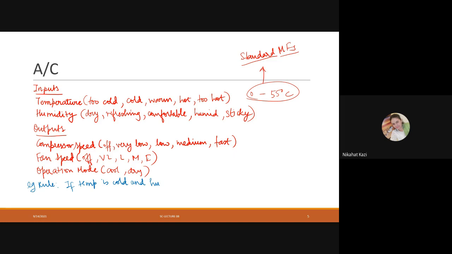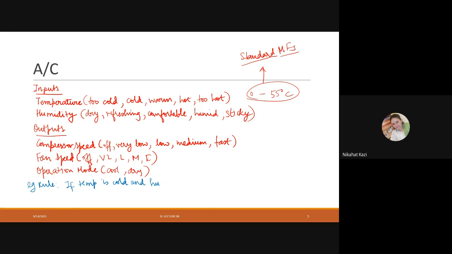What is the difference? If you're using AND, that means you are looking at the combined effect of both inputs. If you're using OR, that means either one: if either this is there or this is there, then I do that. So when I combine multiple input variables, I can use either AND or OR. In general, in most of the problems that are solved, they use AND. They look at the combined effect. But there could be some cases where you need to look at individual effects